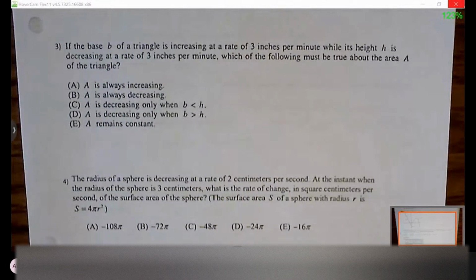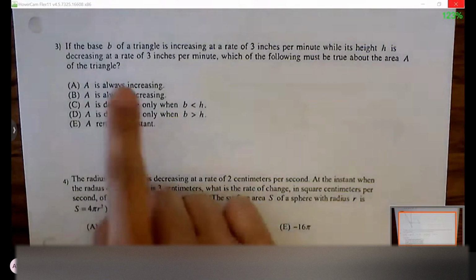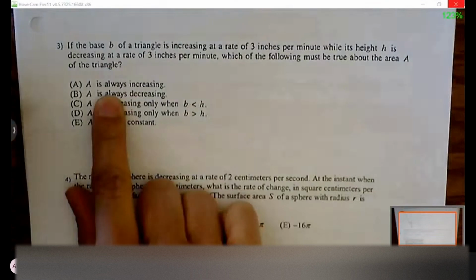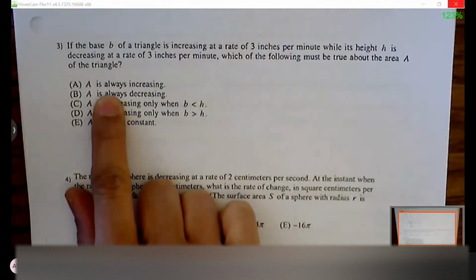Okay, if the base of a triangle is increasing at a rate of 3 inches per minute, while its height, h, is decreasing at a rate of 3 inches per minute, which of the following must be true about the area A of the triangle? Okay, we know that we're dealing with the area of a triangle. We have some information about the base and the height, so let's see if we can assign those